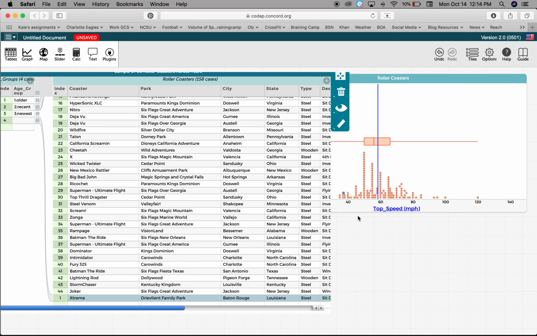So does it change our data set here? Yes, it does. Just by a little bit, again, 58.6 to